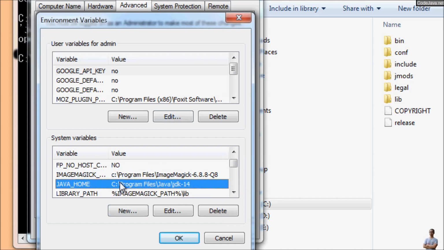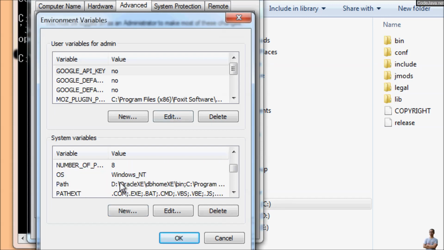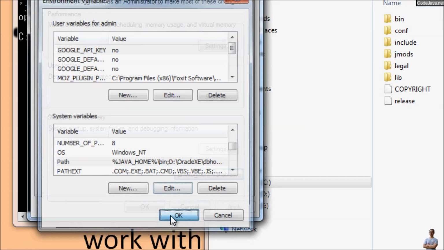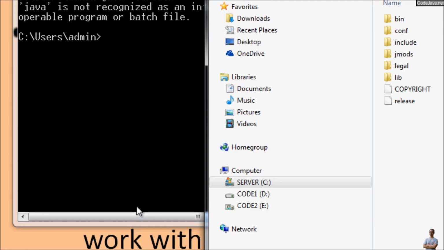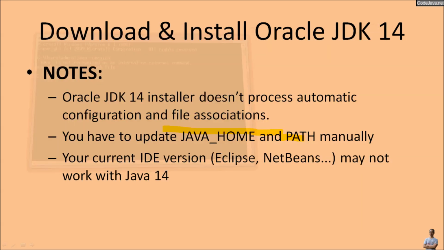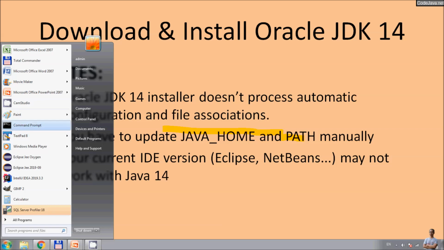so we have JAVA_HOME here, and update the path environment variable here to point to JAVA_HOME and the bin directory, so we can use the java and javac commands anywhere in the command prompt. Okay, and we need to restart the command prompt here